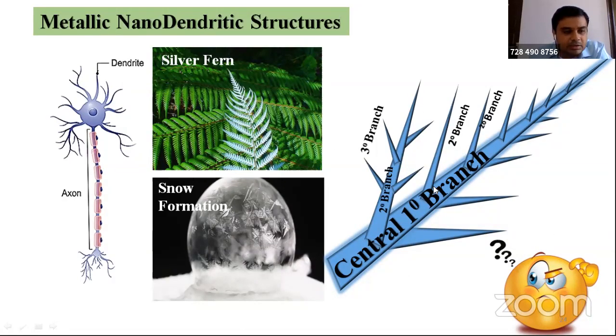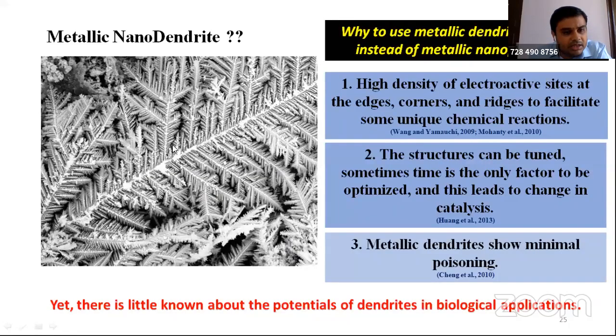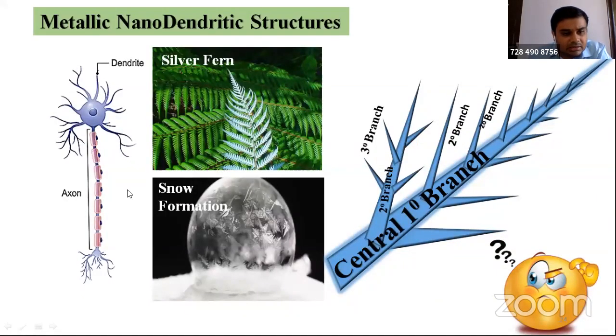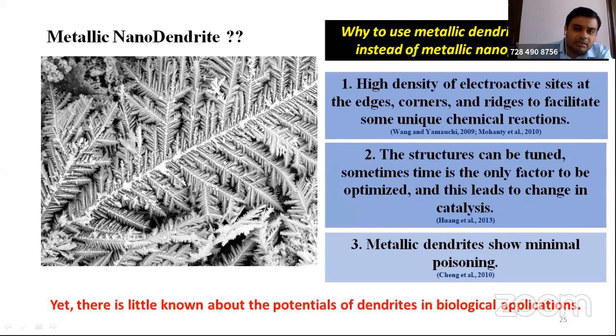This is very much possible by having an electrochemical nano tuning concept, which is what we also develop. So this is a metallic dendrite. You can see it's a tree-shaped structure, like what I showed in the previous slide, this fern. A similar pattern can be obtained on the sensor surface also. So the advantage of this system is what? You get high density electroactive sites, and you get a higher area. And this structure is highly tunable. If you want to do nano engineering in order to change the signal parameters, you can do that also. That's very important in the case of nanodendrites.